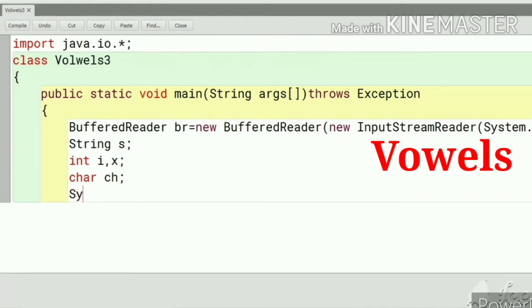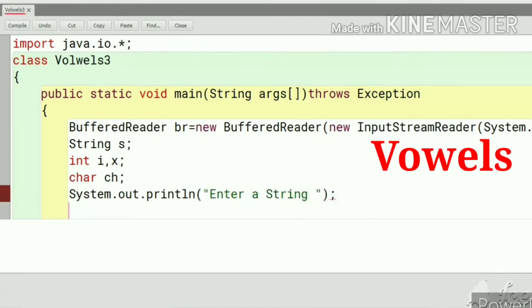First we'll write the message System.out.println, giving the message enter a string. Here we will input a word where we have to find the vowels. So the variable is s = br.readLine().